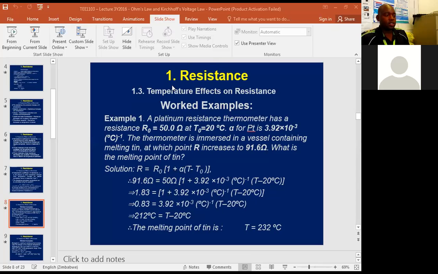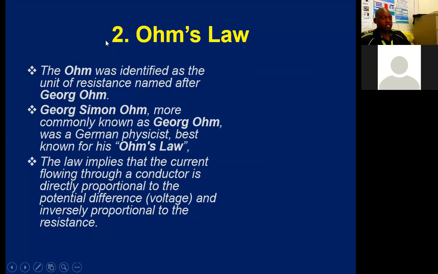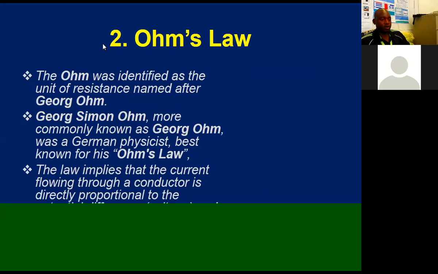Okay. So I was saying, when we are now talking about resistances and the like, what we're talking about is what the manufacturers use when manufacturing resistors, I mean. So they choose a material so that they have control over the resistivity. Then they choose the cross-sectional area so that they have control over the length. And then they choose the gauge of the wire so that they have control of